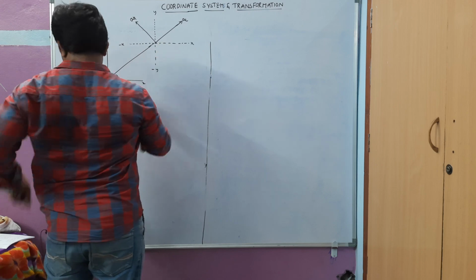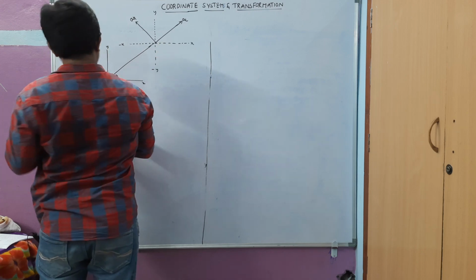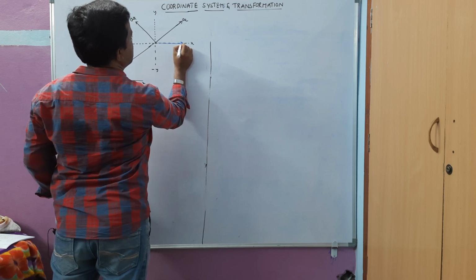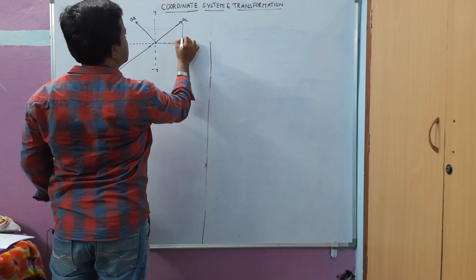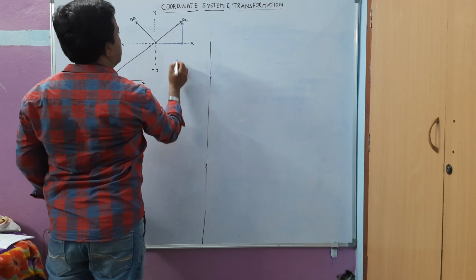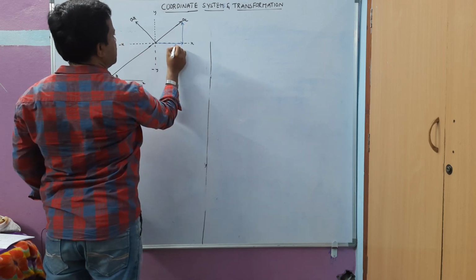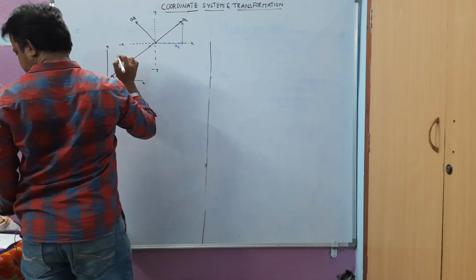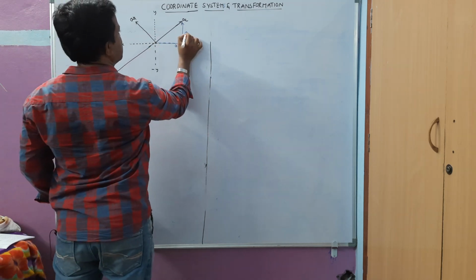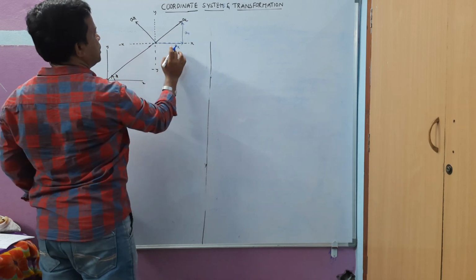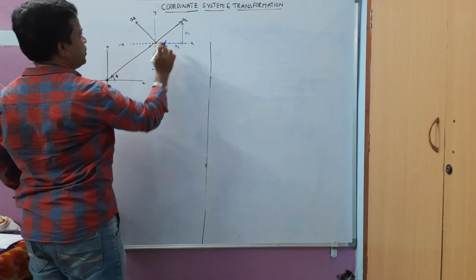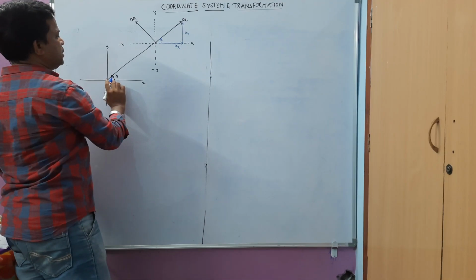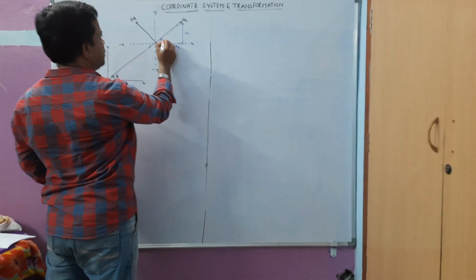So along this direction I will get one vector, and along this direction I will write another vector like this. Along this one is the unit vector ax, and along this direction is ay, the unit vector. Because this axis is parallel to this one, and here I am having the same angle, this is maintaining phi and this is also maintaining phi angle here.